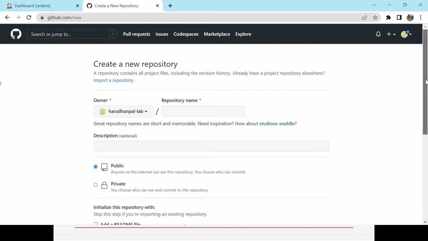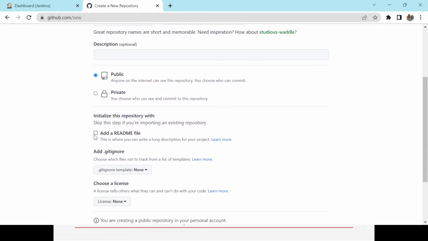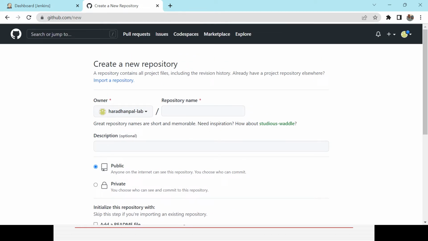During the creation of the repository, you can also select to add a readme file. It is not mandatory. Those things are not mandatory. So the first thing is that we'll be giving the name. Suppose, say, GitHub